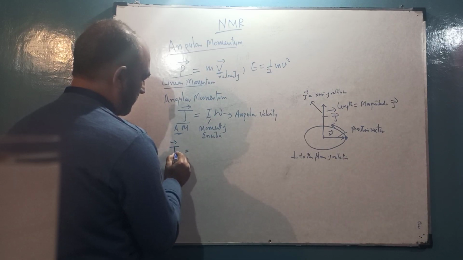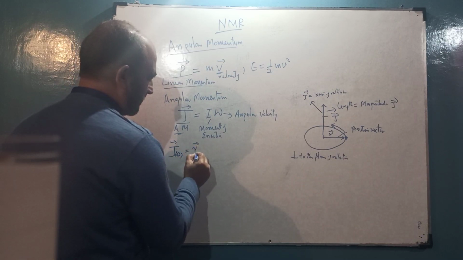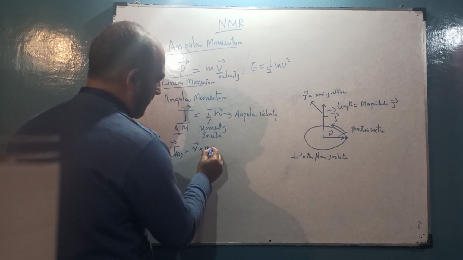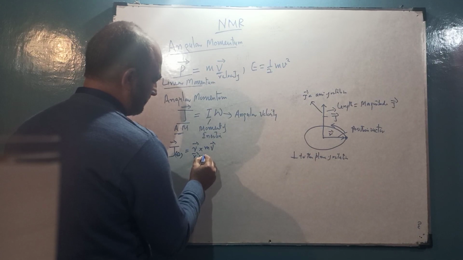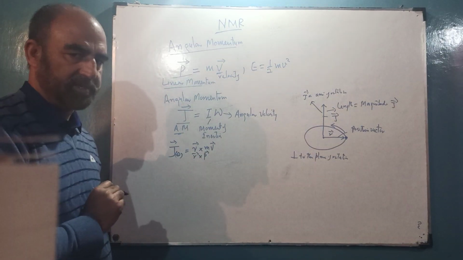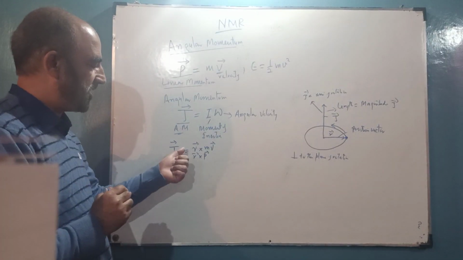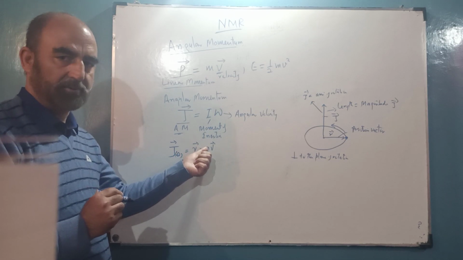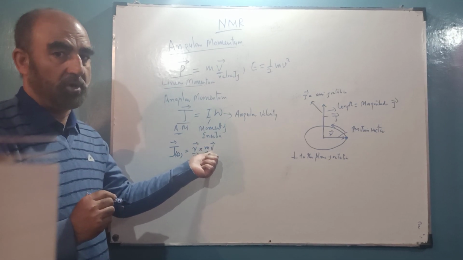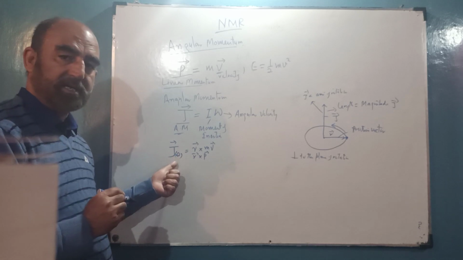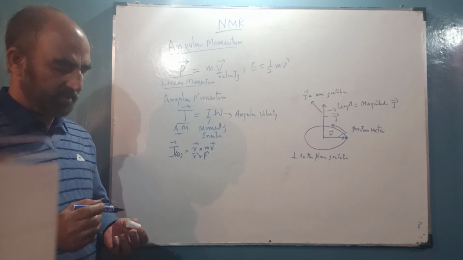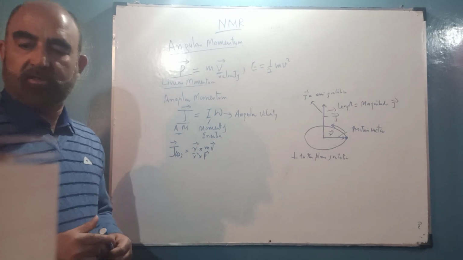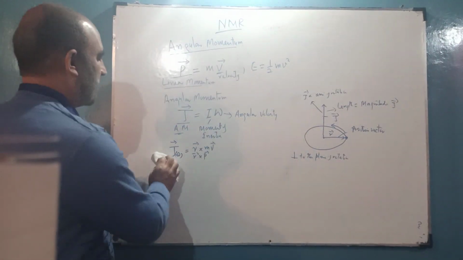In this case, we may write the angular momentum vector like this: J equals r cross mv, or we can write it as r cross p, where p is the linear momentum. So J is the angular momentum, r is the position vector, m is the mass of the object, v is its velocity, and theta represents the angular change. Now this is for classical objects. This is the classical understanding.